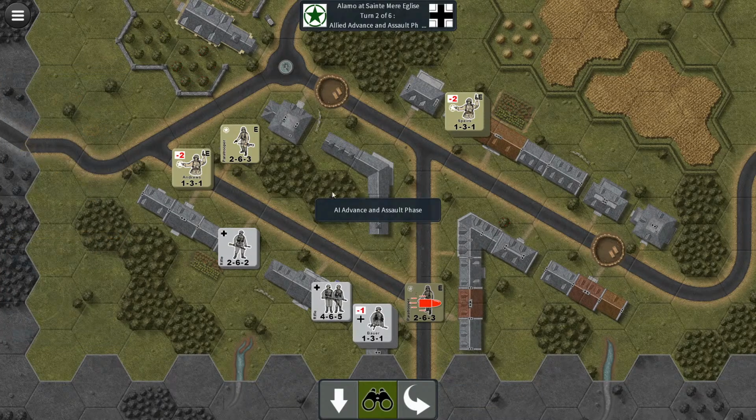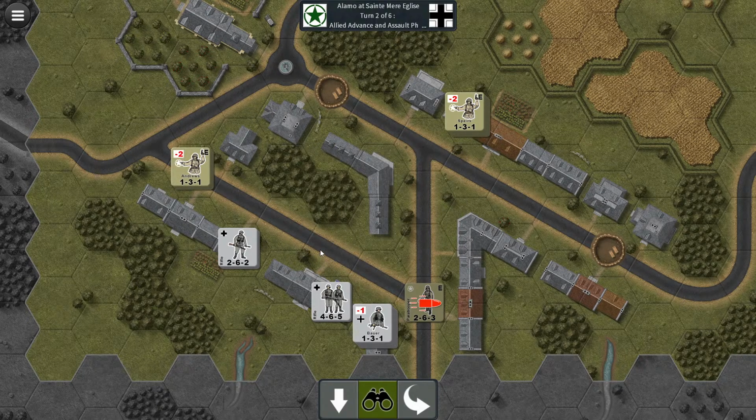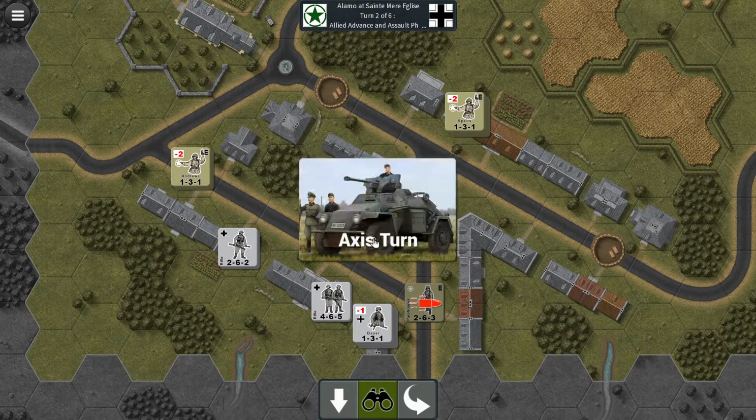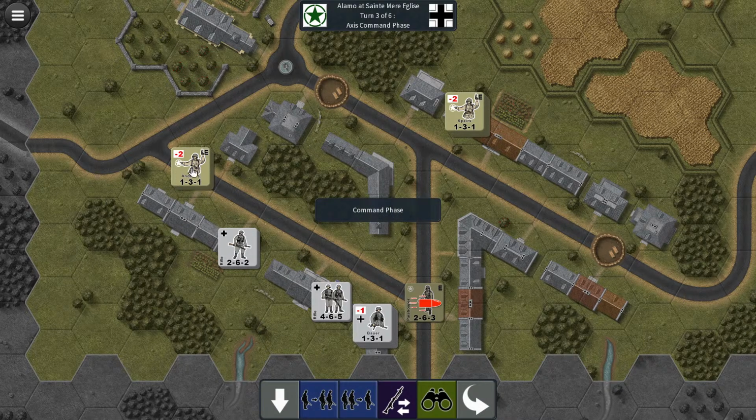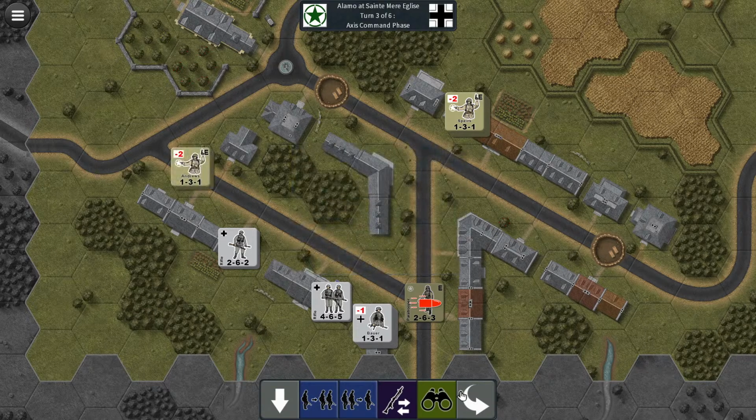Right, and now they can do their little advanced assaults, and I'm assuming, yes, they're concentrating their forces, which is not great. My only hope... Okay, so I'm still getting a chance of shooting at them and maybe dealing some damage to them. So I'm not doing any command phase shenanigans, because I have a feeling it's, like, for example...